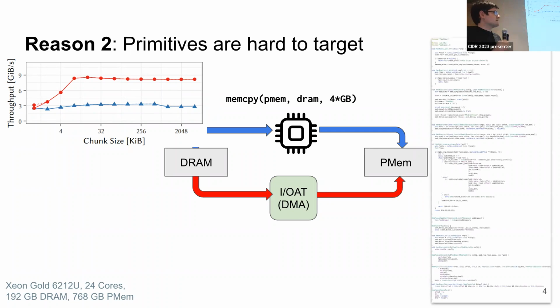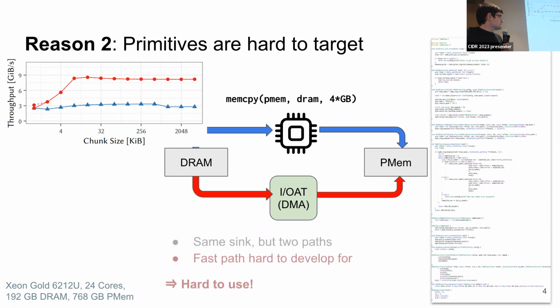So this is the code. It's purposefully small, so you shouldn't be able to read it. That's the code you need to do this with SPDK. And it works, but it's hard to use. You see on the right side we have the same thing, but we now have two paths to go there, and the fast path that we would like to use is really hard to develop for. Yeah, another